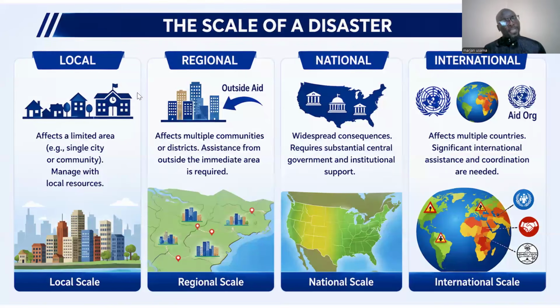So the classification of the disaster based on scale, we've talked about the local. Then number two, regional. It affects multiple communities or districts. Assistance from outside the immediate area is required. So look at the map. It affects one region, Garowe,